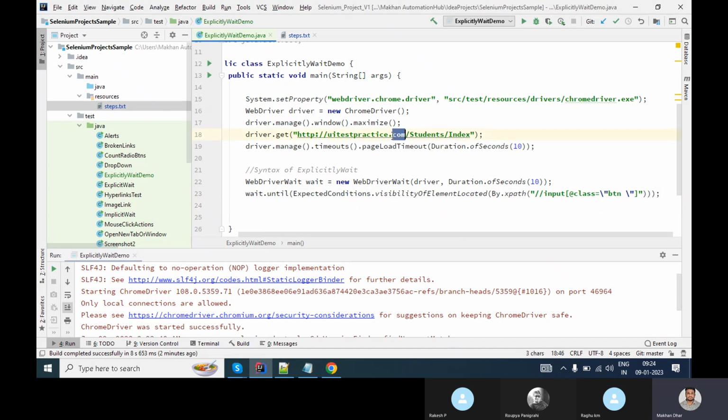So this is the URL. It will load page load. So page load is pointed always to the URL. Okay, we cannot implement it for any web element. So it is for the URL. So we are giving 10 seconds to load the complete page. Then it will come to this explicit wait line of code. And what exactly is it doing? It is waiting for 10 seconds for visibility of the element located, then it will hit click. Okay. For example,